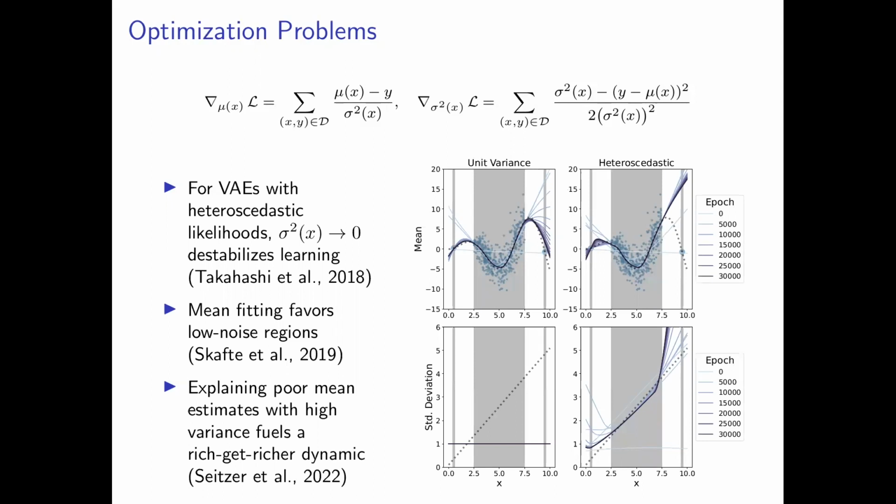This figure demonstrates this last problem. On the left, we plot the mean and the variance output of a homoscedastic model with unit variance during optimization. The mean converges to the true mean function both on the data-rich interval between 2.5 and 7.5, as well as on the two outlier points at 0.5 and 9.5. Regions with data have gray backgrounds for visual convenience. In contrast, the heteroscedastic model, after fitting its mean function to the data-rich interval, has a drastic error at 9.5, which it uses high variance to explain. Doing so depletes this point's learning signal so significantly that it is not able to recover.